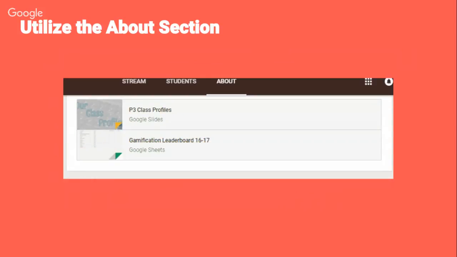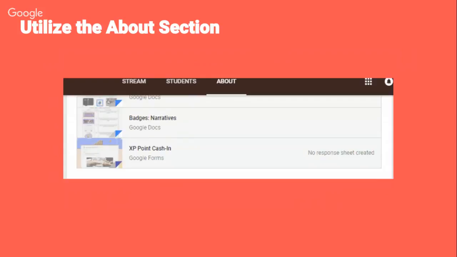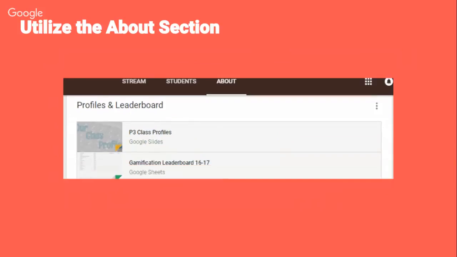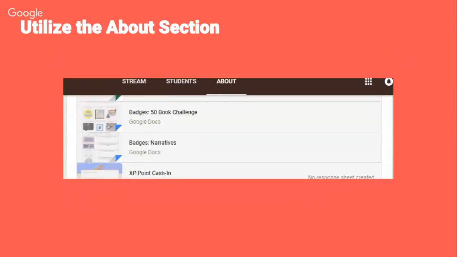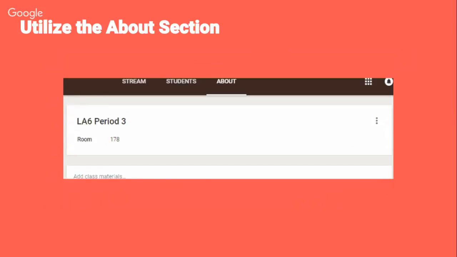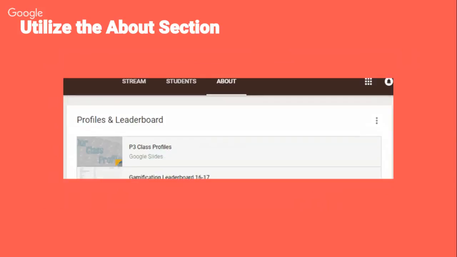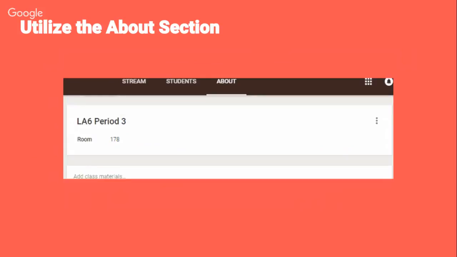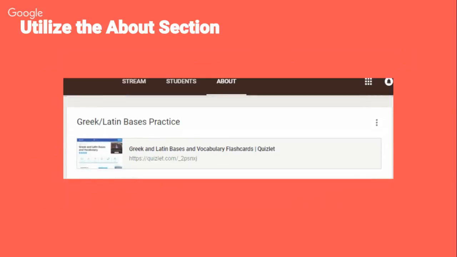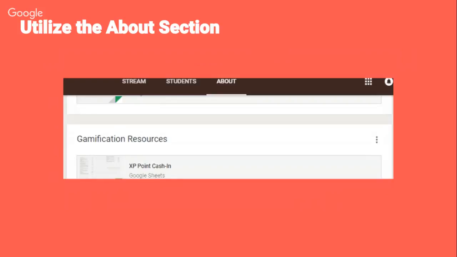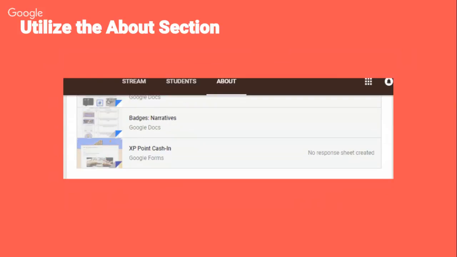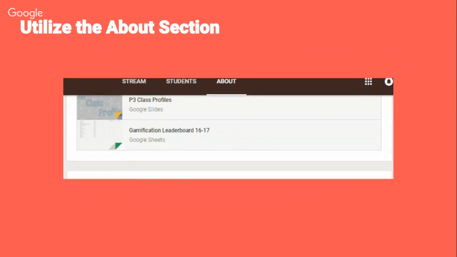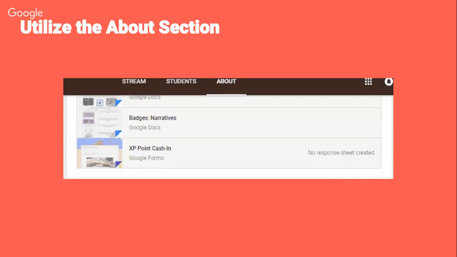I love the About section, and I feel like it's either overutilized or underutilized. So the About section is great for things that you want your students to access all year long. So templates, so like science, if you have a template that you like the students to make a copy of when they do lab reports, you could put that in there. I gamified my classroom last year, so I kept all of the gamification information in there for the students, their leaderboard, everything like that, so they knew instantly where to go and look at that, because that was something they used all year. I've linked NoRedInk and things like that my students always use on a weekly basis,